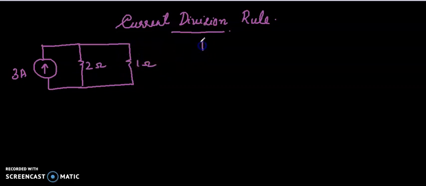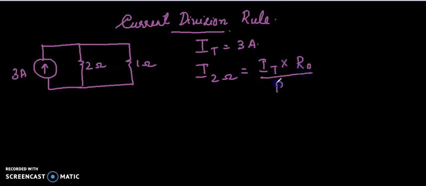We know the total current in the circuit is equal to 3 ampere since the current source is directly given. If a voltage source is given, we have to find the current using the total voltage by total resistance method. Here the total current is already given. Therefore, we can find the current through 2 ohm as total current into resistance of the other branch by sum of the resistances. That is, here the total current is 3 ampere